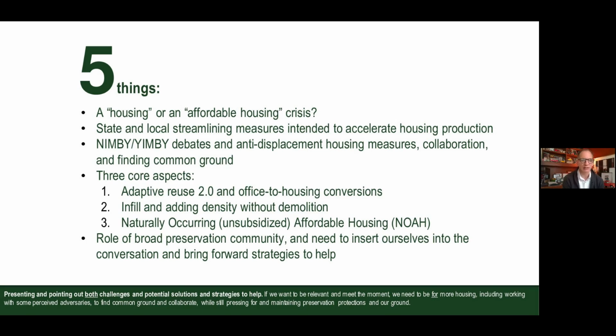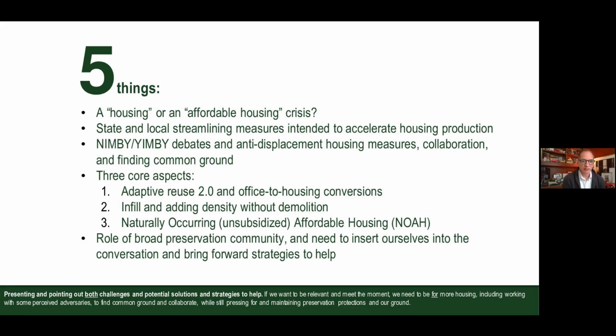I will be looking at this certainly from a California perspective, and we're certainly a heightened example when we're talking about this issue of housing and affordable housing, although I think it translates to many of our communities and states across the country. There are definitely degrees of this issue and how it plays out, certainly from an urban-rural divide, but I think you'll see that there's a lot of commonality in what I'm going to be sharing.